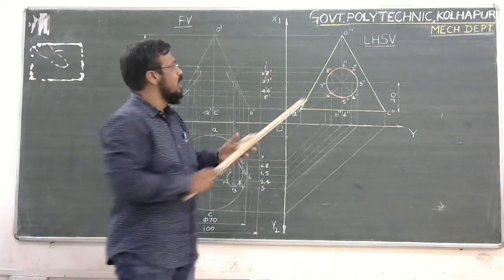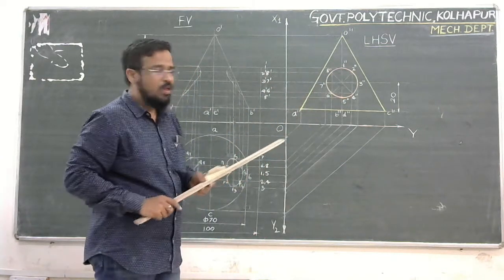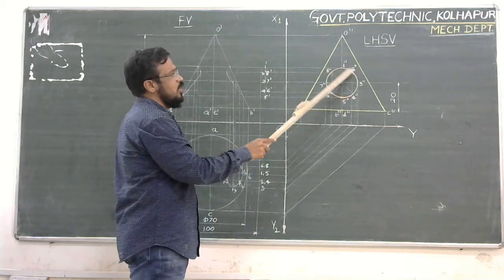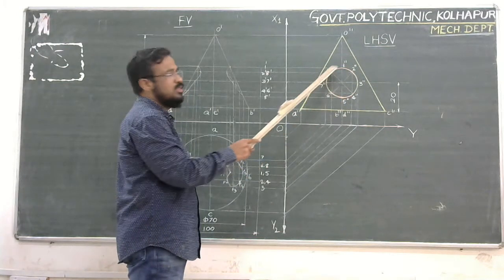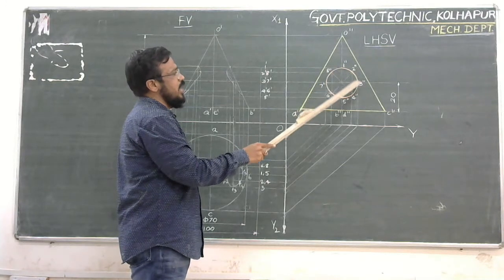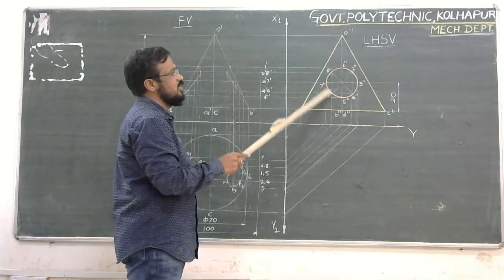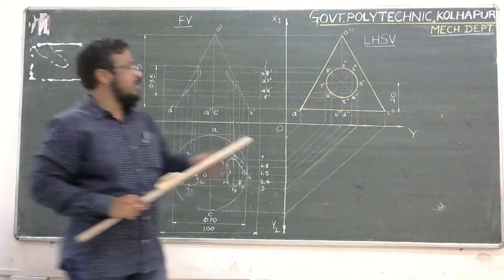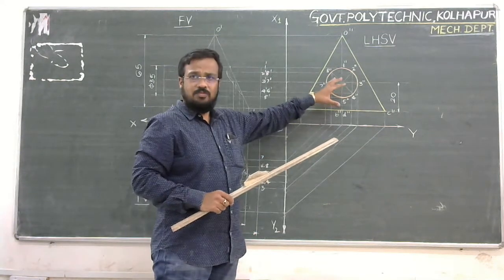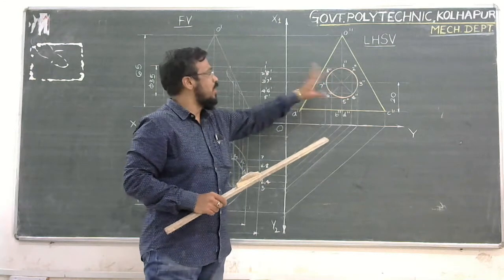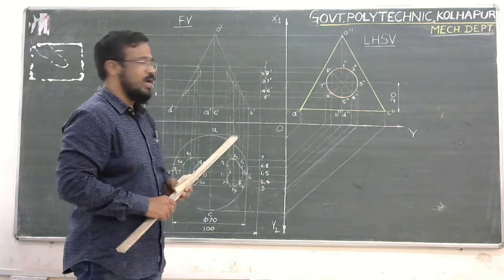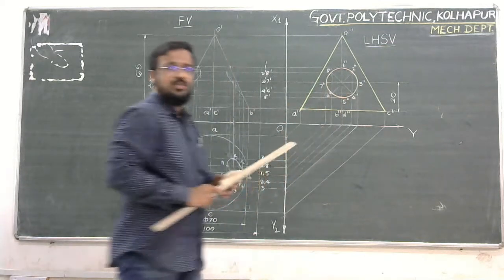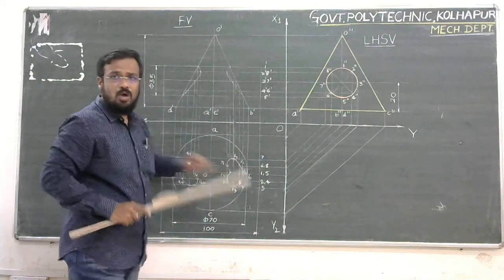So like that, I have divided this. So what are the parts? 1 double dash to 8 double dash. See, in the clockwise manner, I have mentioned the points: 1 double dash, 2 double dash, 3 double dash, 4 double dash, 5 double dash, likewise up to 8 double dash. So this we have done. So we have divided the side view of that cylinder into an equal number of parts. So 8 parts I have divided. Now I need to project all these 8 points into this top view.